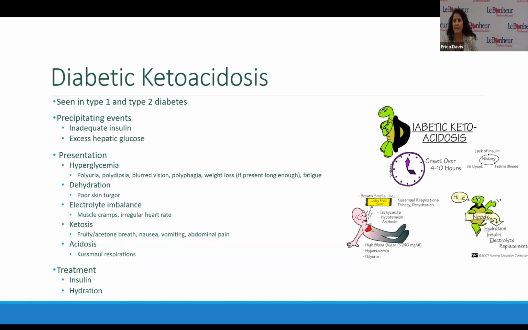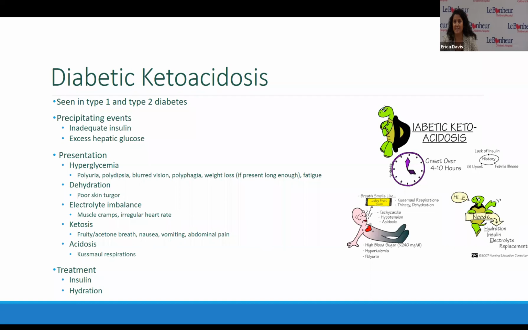The problem is when that goes on for too long. If that continues, those ketones are going to build up and we're going to get some ketosis. Onset of DKA can be anywhere from 4 to 10 hours, so it is a pretty quick process. I believe if you watched the previous presentation, Maggie said we want to treat this early because we know that it does quickly build up and we can get really sick.